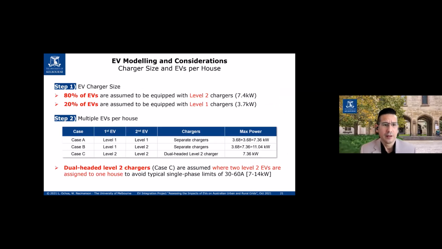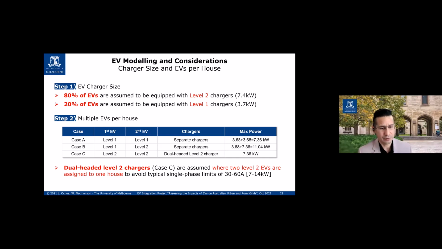Now, that said, we then needed to process that data to really make it useful for our studies. So first we needed to separate the charger sizes: level 1 and level 2 chargers, as I was mentioning, 3.7 and 7.4 kilowatts. Most of the electric vehicles in this particular data have these level 2 chargers. That is what is going to happen in the future anyway. So the data was already reflecting what we expect to happen in the future, because most people are going to install level 2 chargers. Now, when we have these different chargers, you have three options.